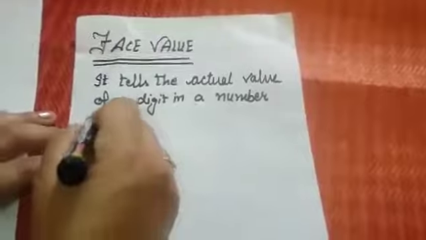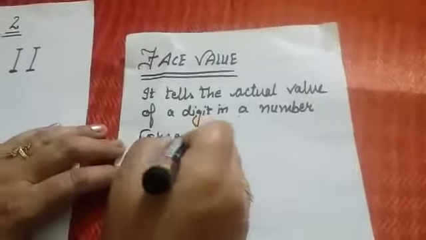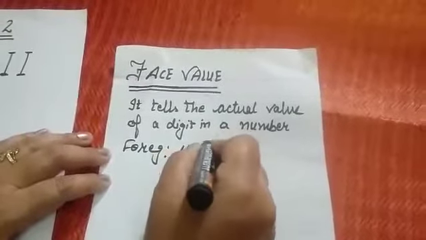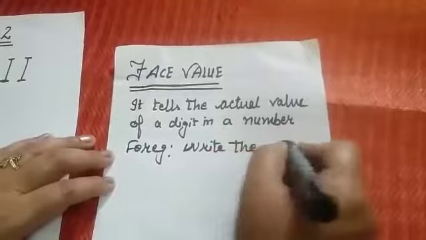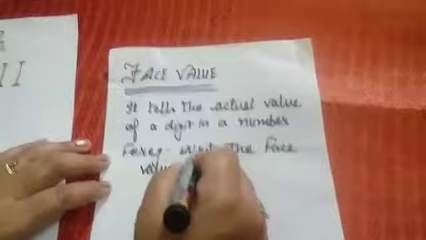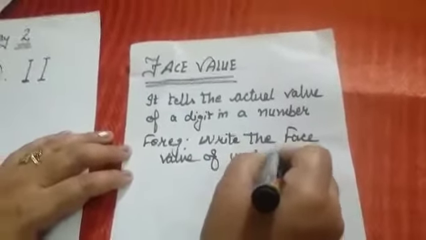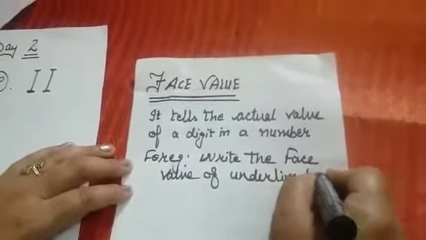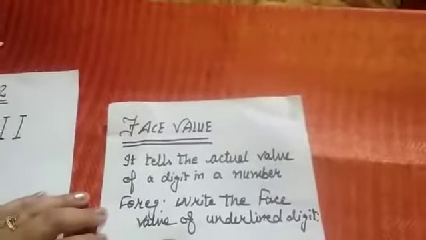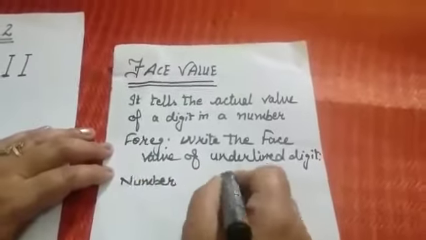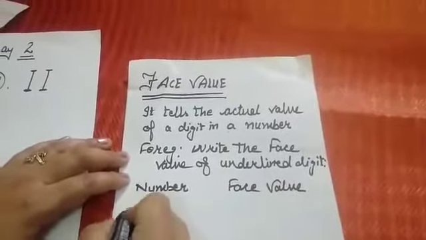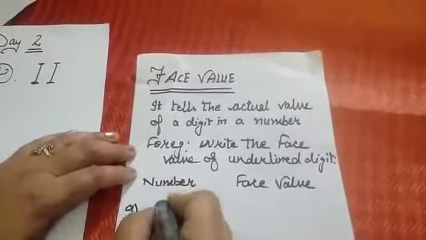For example, write the face value of underlined digit. Right? Here I will write number. Here I will write face value. Fine? First, I take example